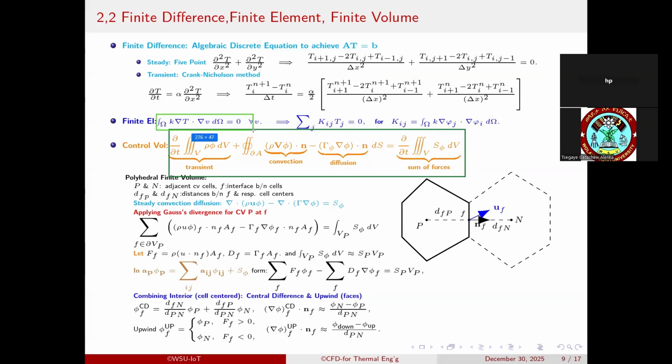This conservative form is versatile, which gives continuity when flux variable phi is 1 and the momentum if our flux variable is u, while phi can take other scalars as well,